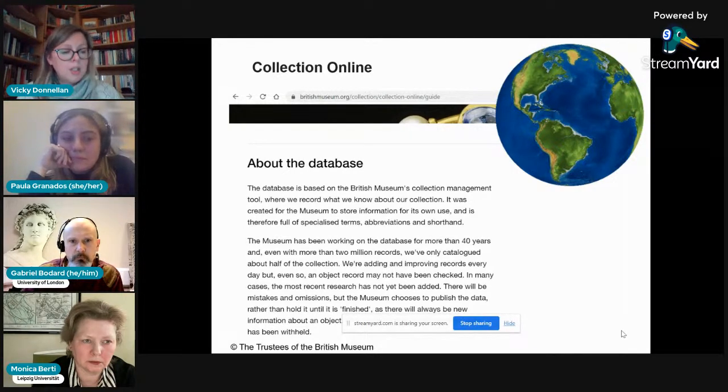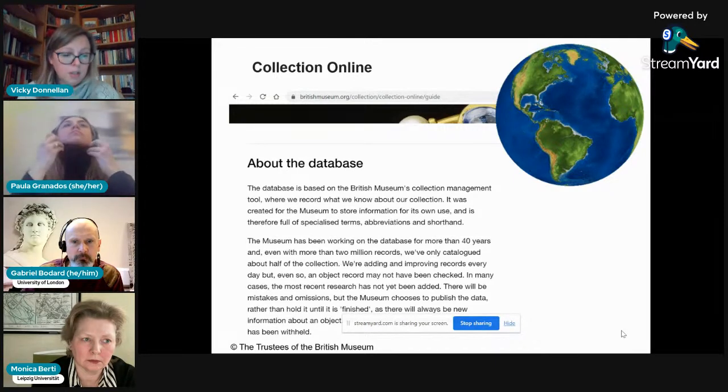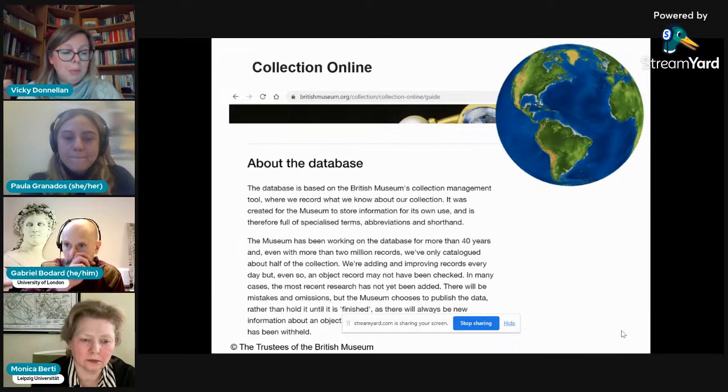But the vast majority of the data from MI Plus is made available in the British Museum's Collection Online. And this was a decision taken when Collection Online was first developed in the early 2000s. In the earliest period of digital documentation in museums, of course, these databases were developed for internal purposes only. And when the use of the internet exploded and the value of making this information public became